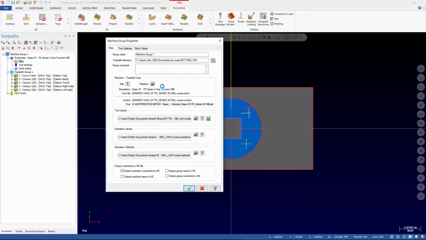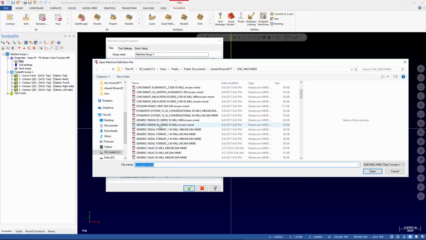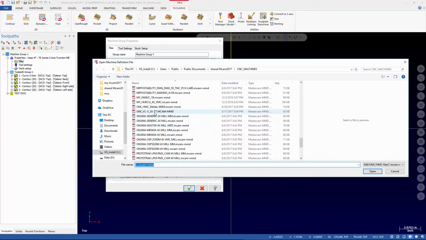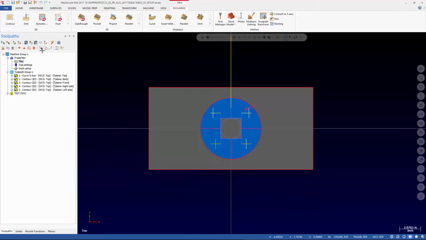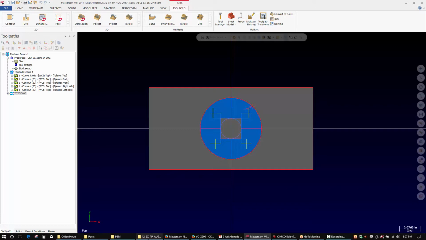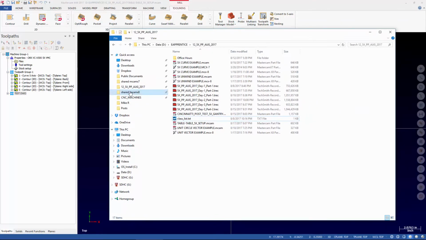And I'm going to load it into this little test program. So if we look at the post,